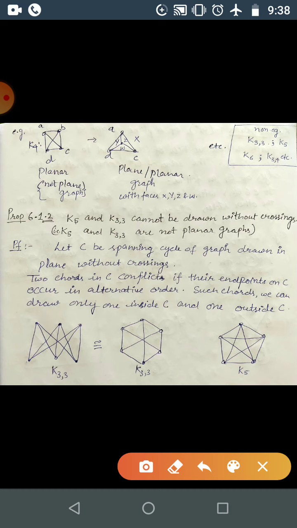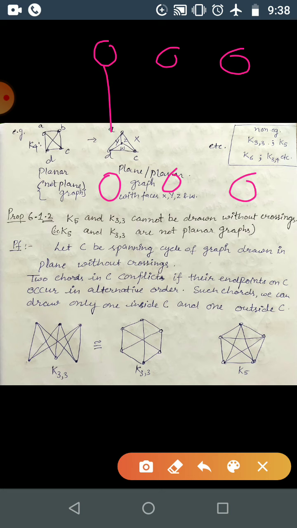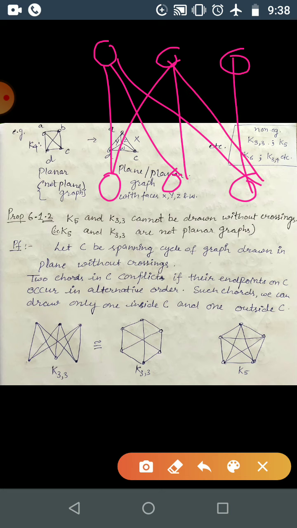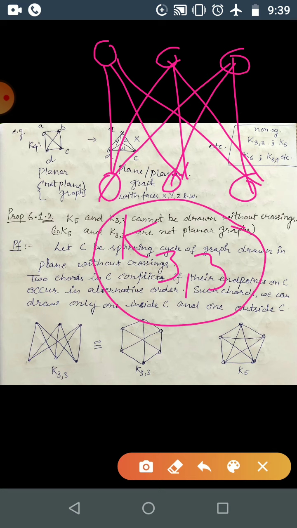Now you can have some non-example for planar graph. For planar graph we have done K23. Now you can come to K33, that is the gas, water, electricity problem. Correct? So in that problem we got K3,3. And our question was, is this planar or not? Correct? So can we redraw this graph as a plane or not? Answer is no, we cannot draw.